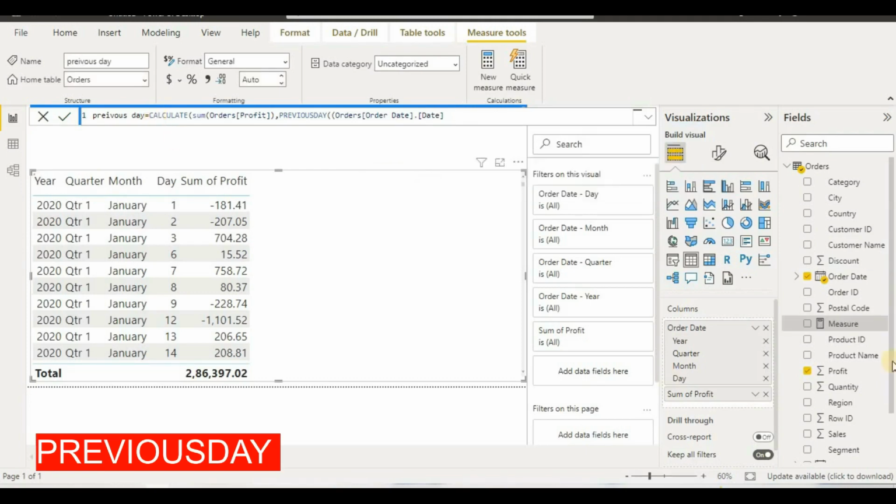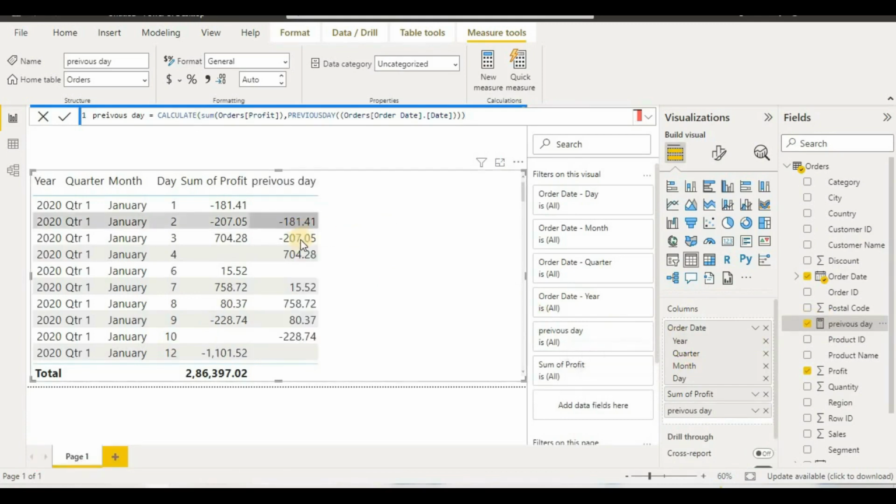now we have this formula here, and now we can put this measure previous day in our list, so that we can find out. Now this is our previous day. Now if we want to find out the difference, like what profit difference is of that day from the next day, for that we can put another measure here. So I will just put the new measure here,